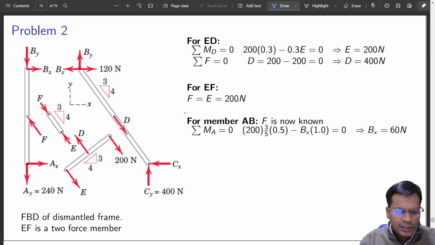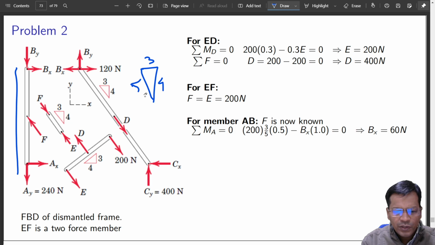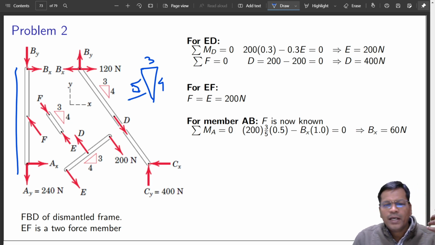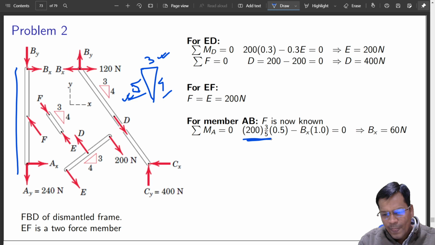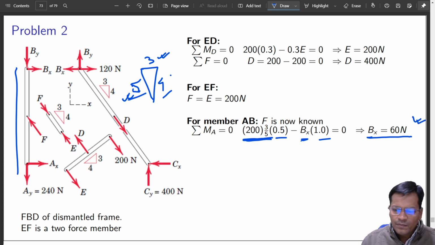Next member AB. AB is this vertical member. You have to take components based on this 3, 4, 5 triangle. Okay, you have to practice this way. Instead of finding the angle and taking the component, introducing error while calculating the angle, better take the lengths directly and calculate the force this way. Try to practice this way. This is the distance, and this is the effective force along the vertical direction. Got it? So that is why it is like this, and Bx can be found out something like this. Got it?